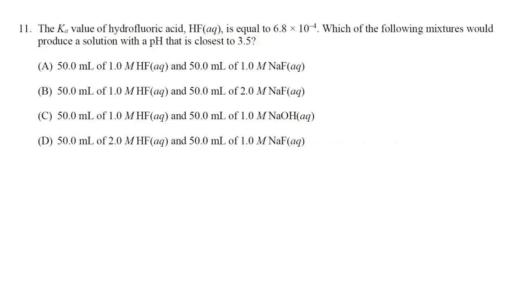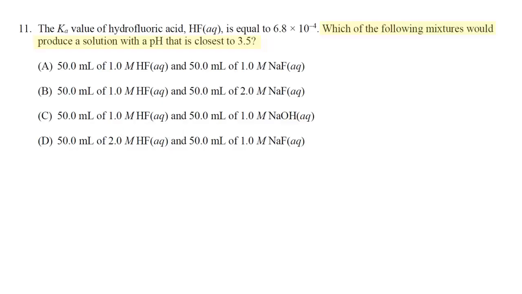Question 11 says the following. The Ka value of hydrofluoric acid, HF, is equal to 6.8 times 10 to the negative 4. And the question asks, which of the following mixtures would produce a solution with a pH that is closest to 3.5? Now, looking at these four answer choices, we have 50 milliliters of a HF solution being combined with 50